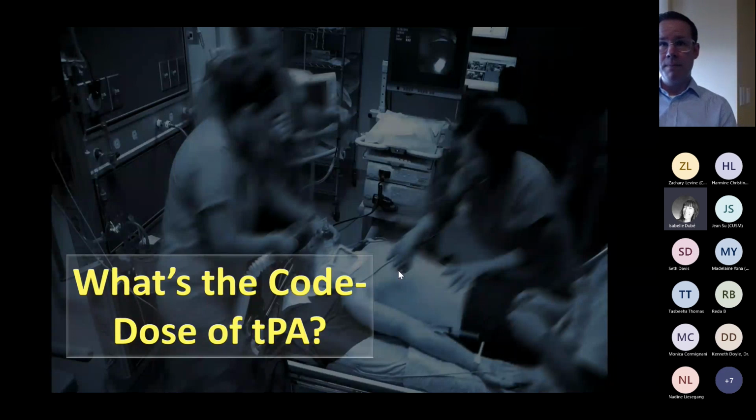So we still use TPA at my hospital for this indication we're going to talk about today. However, for strokes, about a year and a half ago, we actually moved from TPA to TNK. So we're actually using TNK for all of our stroke cases now. So the same principle applies. So we'll go through it, even though you may have switched over a little bit. Our group didn't feel comfortable yet with all the data in cardiac arrest to switch over, so we're still using